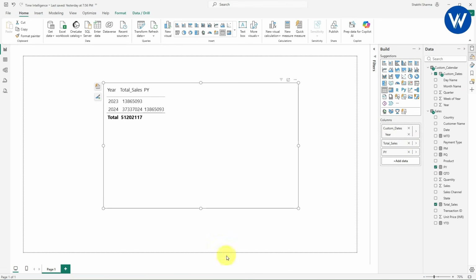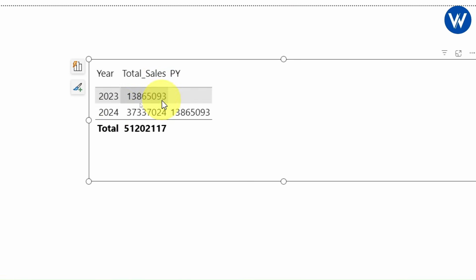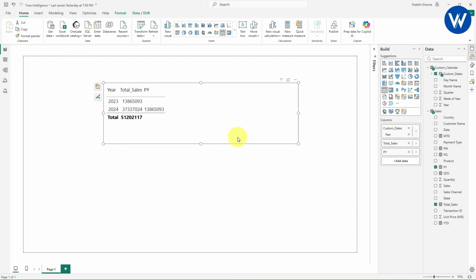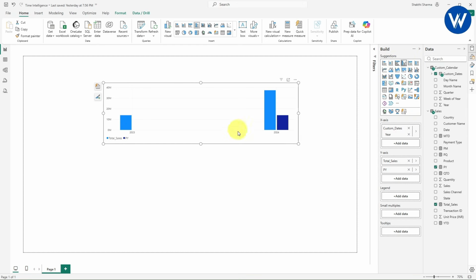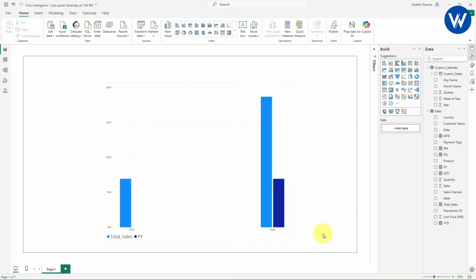Now look here guys, you will get the small table which represent only 2023 and 2024 year. Here we can see the total sales for 2024, and next we can see the previous year sale, which is this one, right? So this is how you can use previous year measure if you want to return sales for the previous year. Now with the help of graphs we can understand. I will select the column chart. Perfect. Now with the help of this column chart we can easily see the comparison between the year, right? So here we can see 2024 year is having the highest sale as compared with 2023.